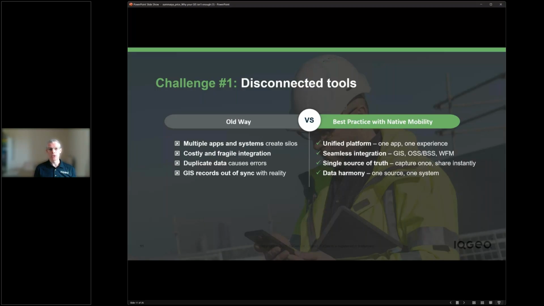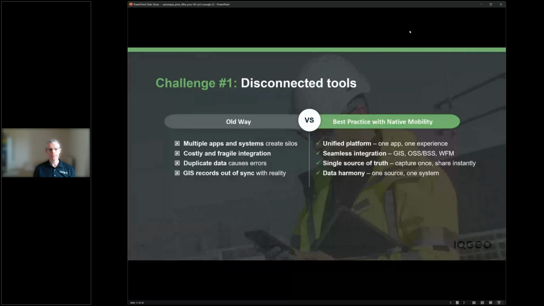So it's one source of information and one system from a field point of view that can push all of that back. Now, we're obviously sensible enough to recognize that system landscapes are existing and complex. So we're not talking about throwing everything out and replacing that. We're talking about being able to provide that kind of single pane of glass, that single source of truth from a field engineer's perspective, and then building those integrations, to be able to share that information back in a reliable, repeatable way from one place rather than lots of separated things where you end up with multiple sources of information, which creates that confusion and duplication and out of sync.